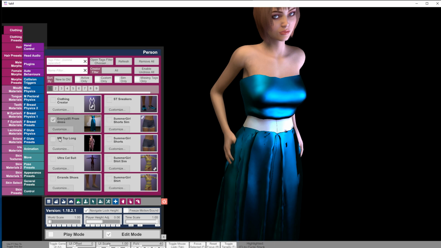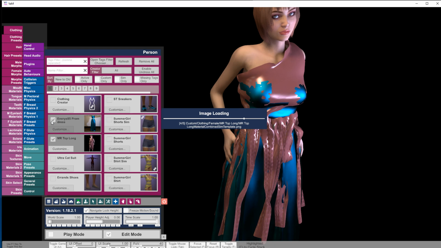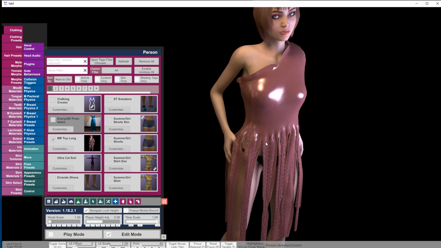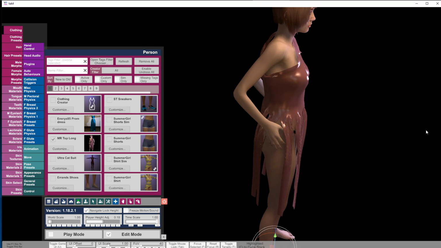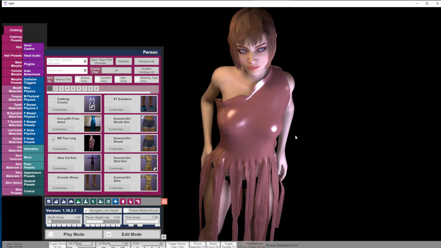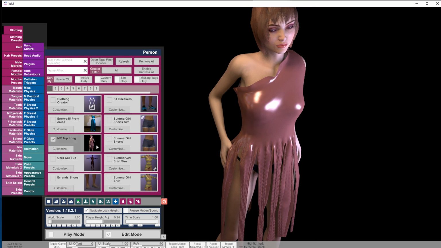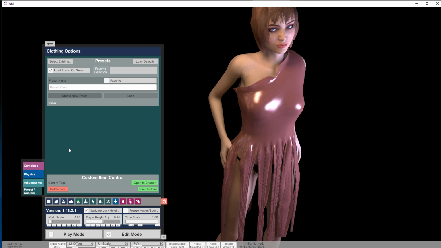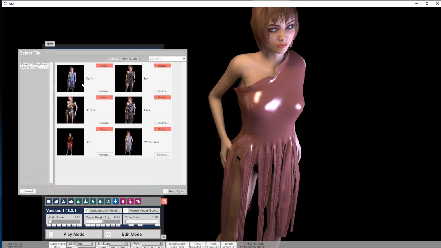Alright, so now let's test the MR top long clothing item, where we know the full path was not included in the zip file. At load, it already looks different from the photo. There is no texture on the shirt. It will be even more obvious when we click on Customize, select Existing and open one of the existing preset